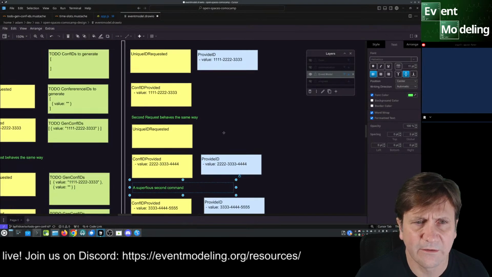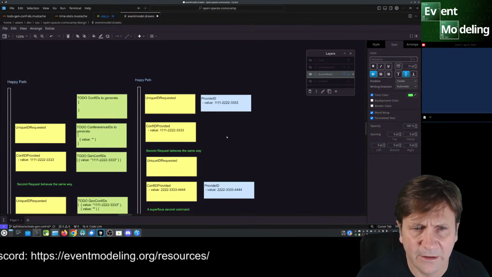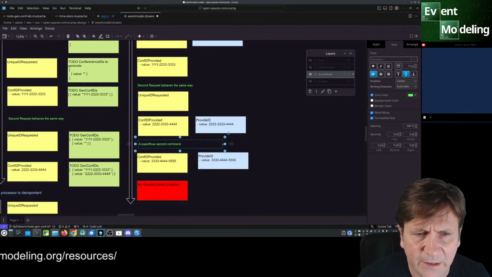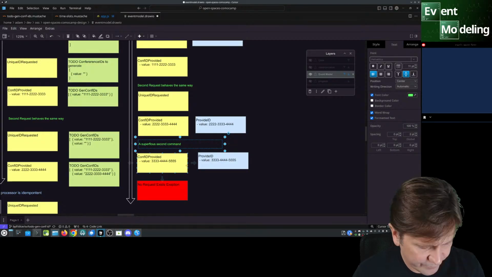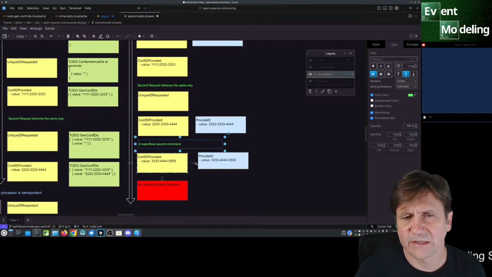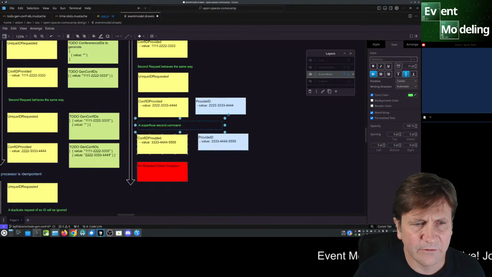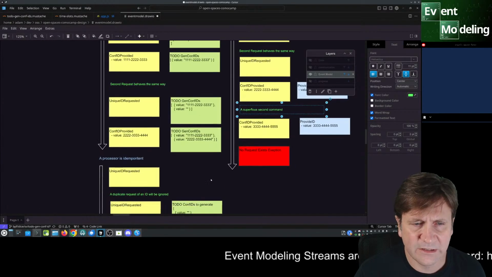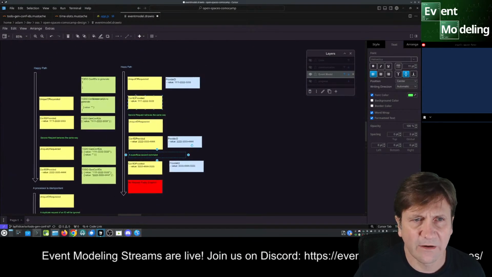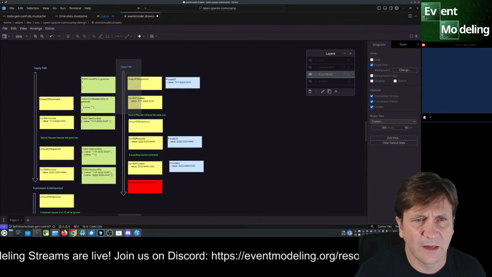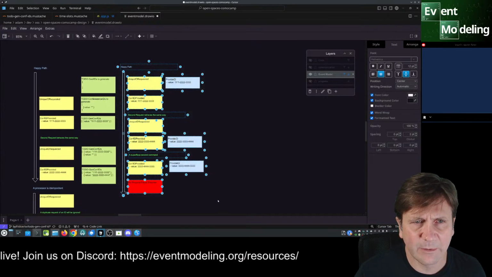Okay, so we have a similar happy path, and I guess we could have a superfluous thing, so that's another thing we discussed last time. I can have a lot of these weird scenarios explained on the same timeline as we have here. So I wouldn't call it happy path anymore.